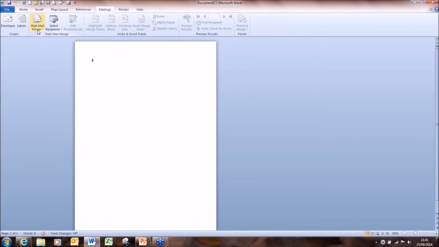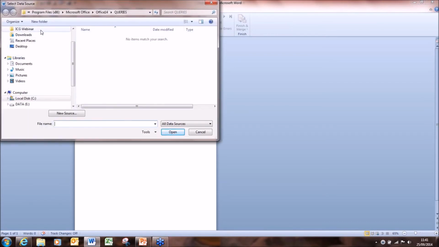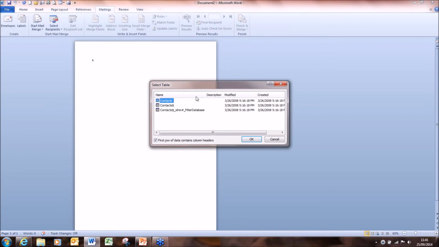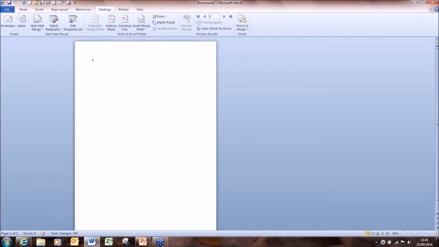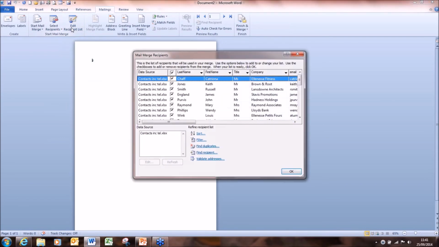and nothing happens. So all I need to do is just go along to the next button. I select recipients and I'm using an Excel list. So I use existing list and I go and find my file that I want to use. And it just comes up with a list of the sheets that I've got in my Excel file. So I'll just choose the first one. And again, nothing really happens, but I just move along to Edit Recipient List. And I click that, and I can see that these are all the people that I want to merge with,